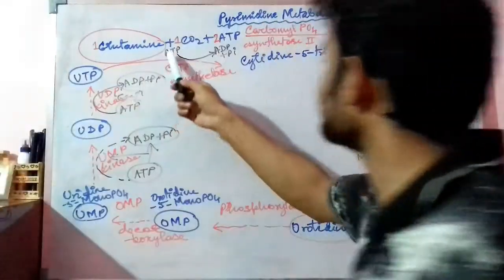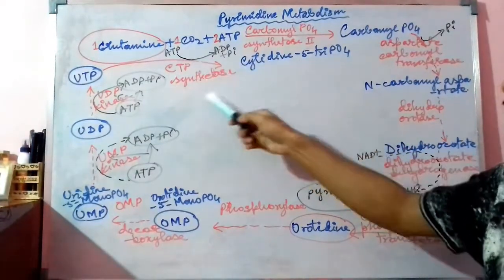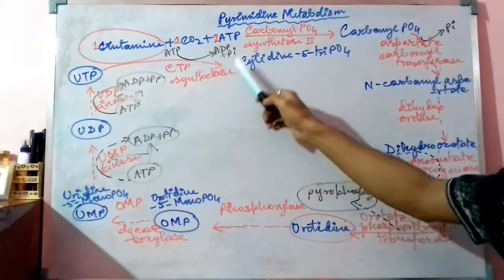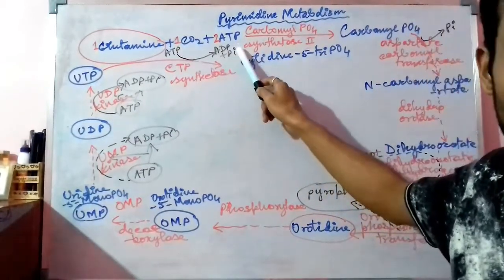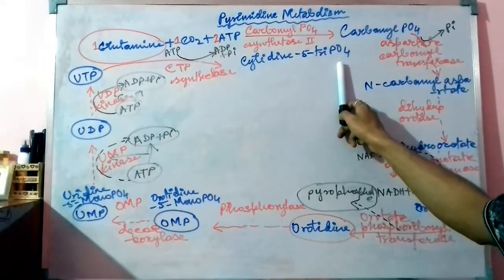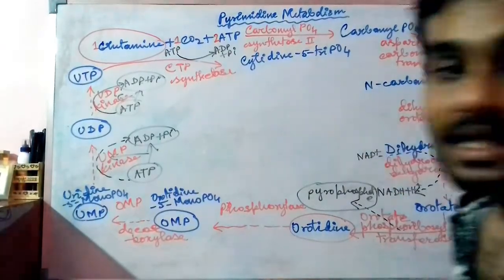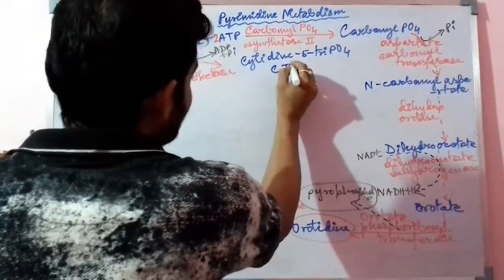So this energy, ATP converted to ADP plus Pi, is utilized by whom? CTP synthetase. So CTP synthetase utilizes ATP to ADP plus Pi and the uridine triphosphate gets converted to cytidine 5 triphosphate. So you can see that this cytidine triphosphate, CTP,